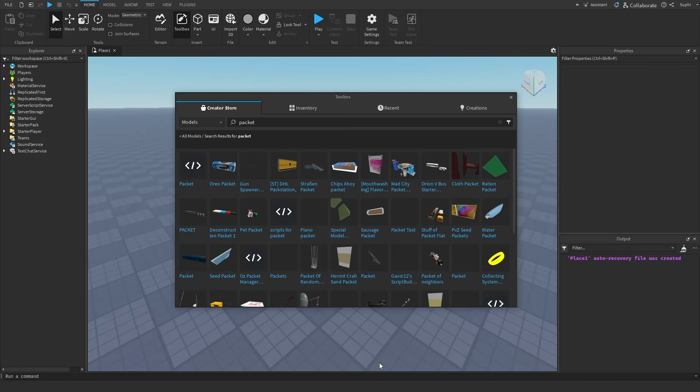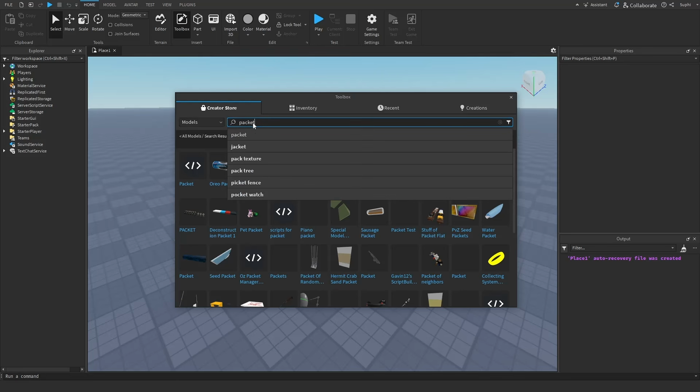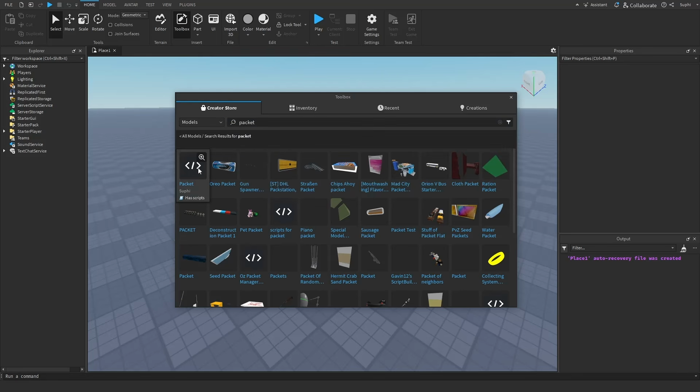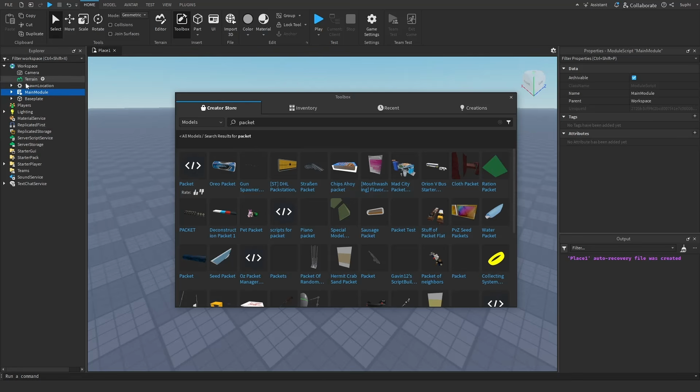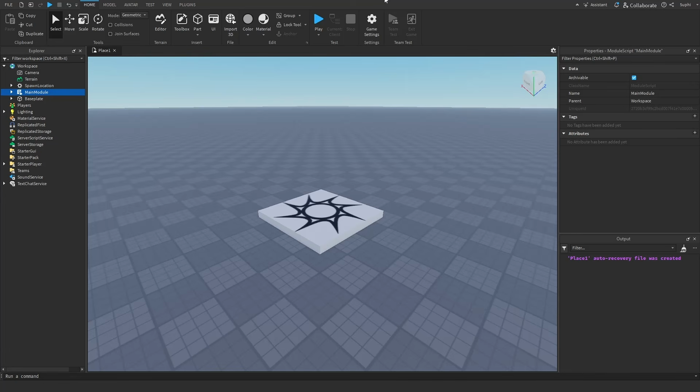To get started, all you need to do is under Models inside of the toolbox, search for Packet, and you'll find a model created by 5UPHI, which is called Packet. Once we click on this module, it will be added to our workspace. And what I'm going to do now is move this module into replicated storage, and I'm also going to rename it to be called